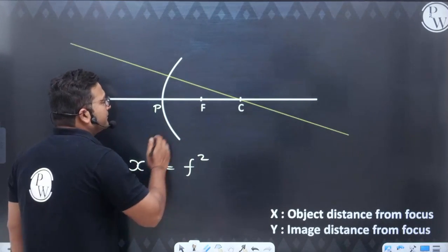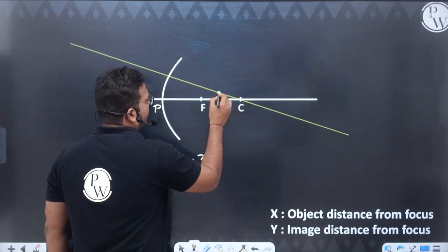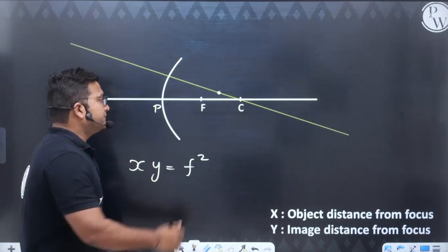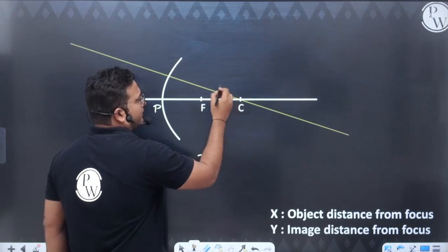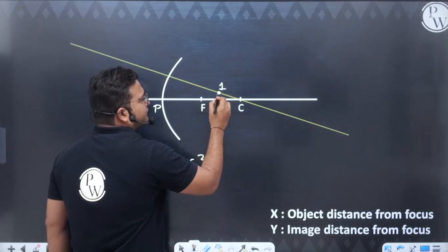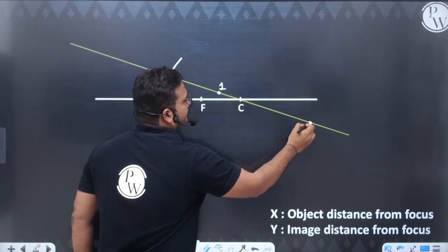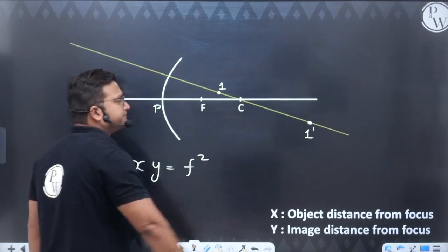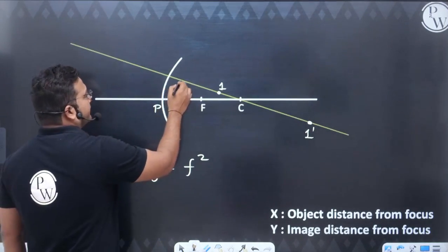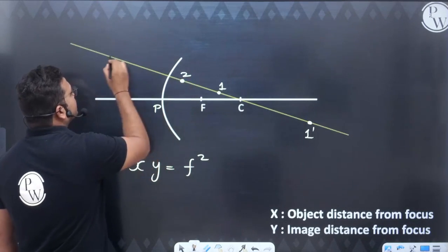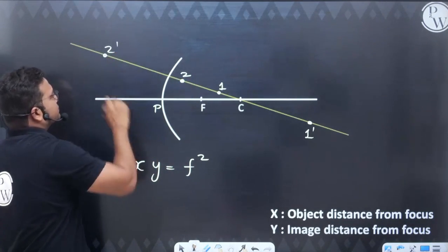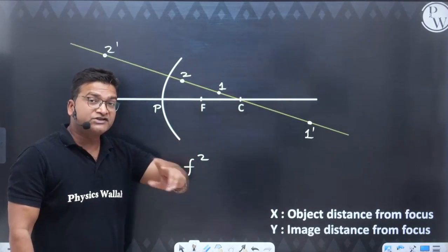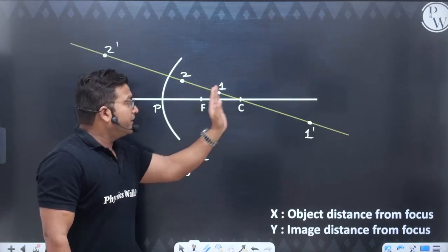Okay, so let us take an object here. You have to just remember the 2 important pairs. The one is this. Suppose we have an object on this yellow line, that is 1. Then its conjugate point is here. It is 1 dash. Just remember, if we have a point here, its conjugate point is here. Okay, and if we have a point here, 2, its conjugate point is here, 2 dash. Remember this. Okay, because if object is on the right side of focus, the image cannot be on the left side. So therefore 1 and 1 dash are